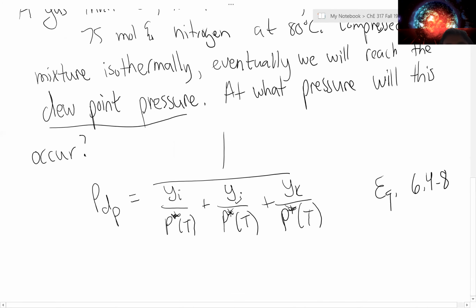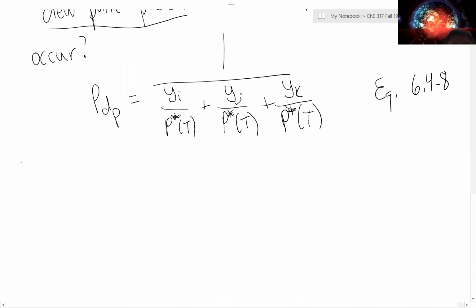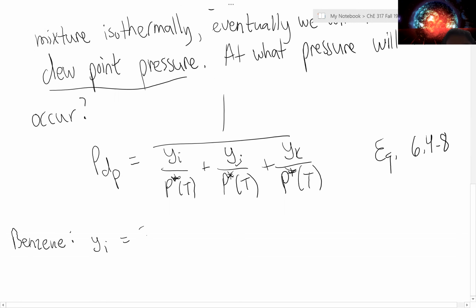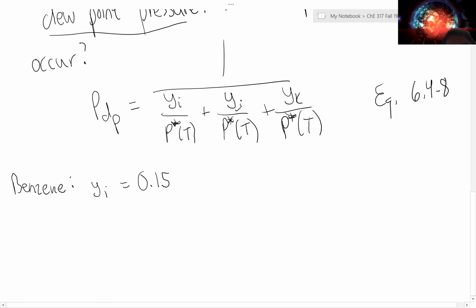And so, looking at benzene, the mole fraction we said was 15 mole percent, or 0.15. We need to calculate the vapor pressure. Well, we can do that using the Antoine equation from Table B.4 in the text. So for benzene,